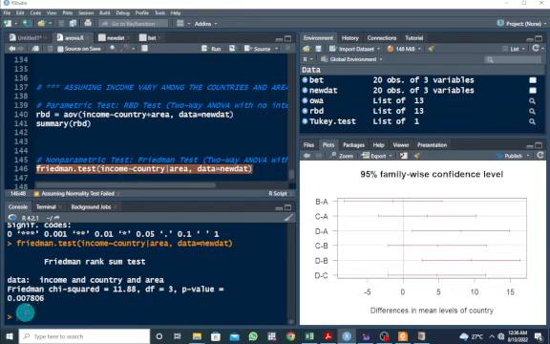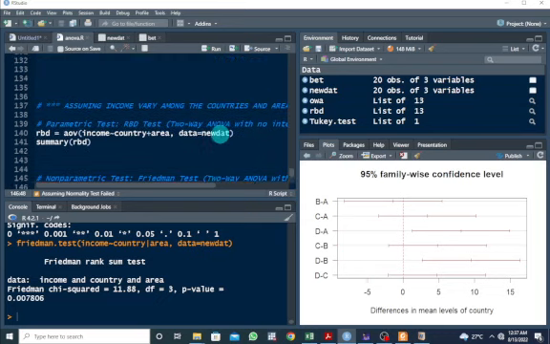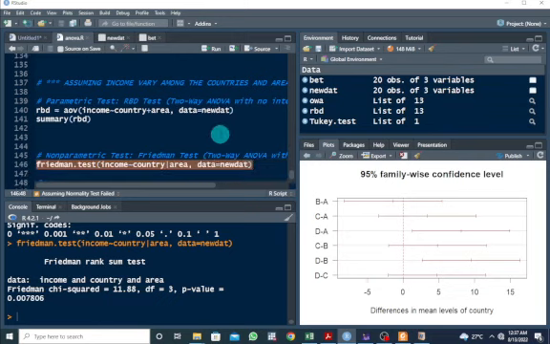If you compare this p-value to the alpha level at 5%, you're also going to end up concluding that there's enough evidence to indicate that the median income level differs for at least one country, assuming that we use area as a block. Okay, so this is basically how to conduct a detailed statistical analysis for 3 or more independent samples in